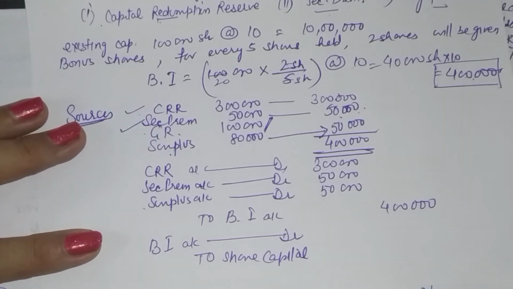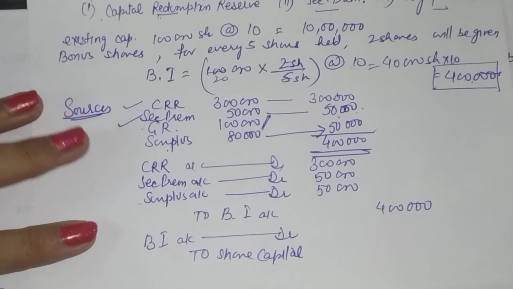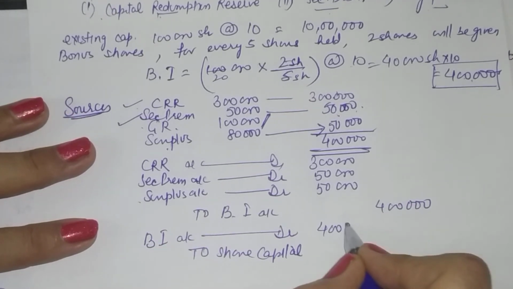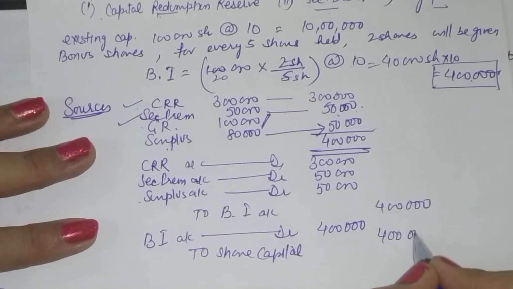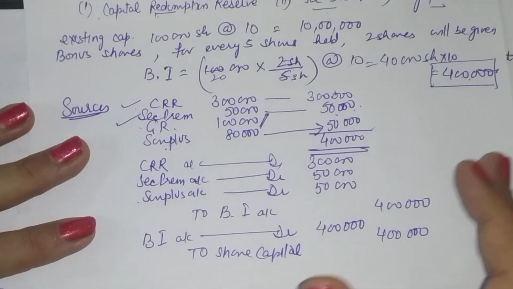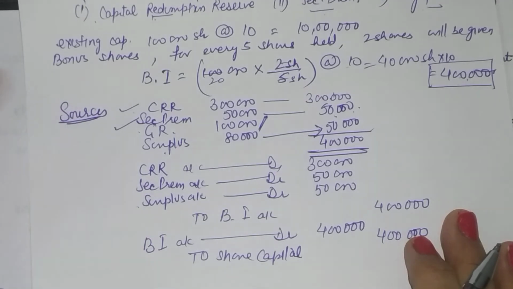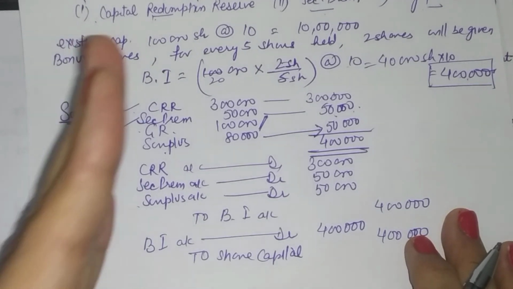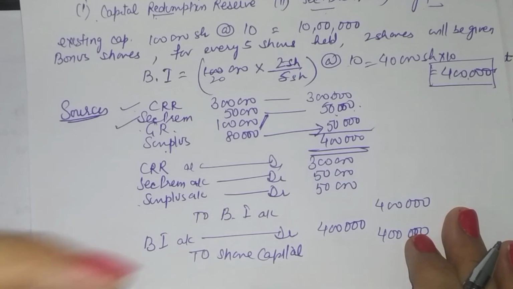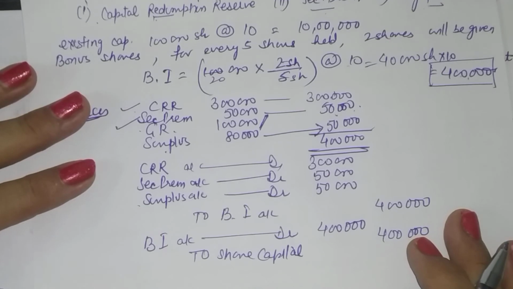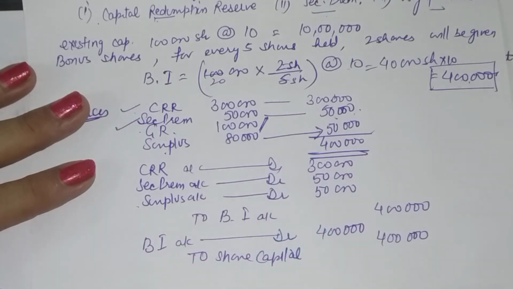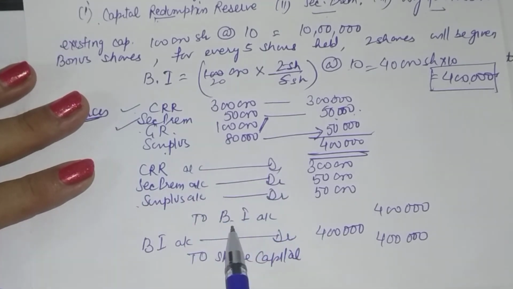These are all interconnected entries. I am not explaining the debit or credit rules here because I hope you understand the rules, right? And when we are working on connected transactions, we don't need to look for the rules. Whatever you have done in the first place, you are to adjust it and then come to the second stage. So in the first stage, we transferred amount from our reserves to bonus issue. We know that when we transfer amount to reserves, they are credited. So if you are to draw from the reserves, they will be debited. So you put it into bonus issue.